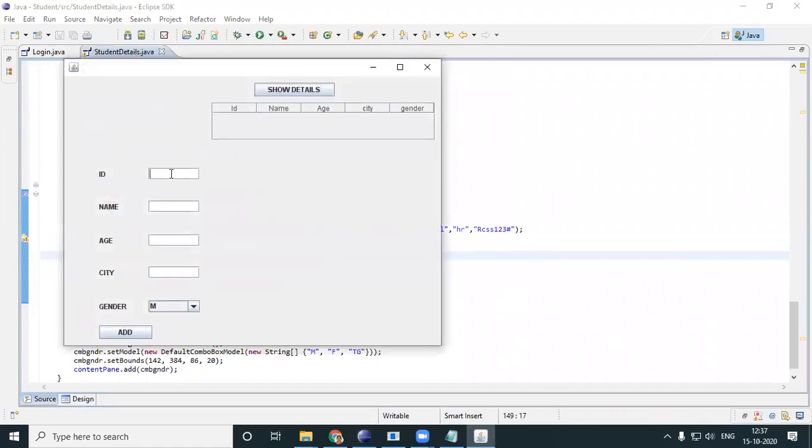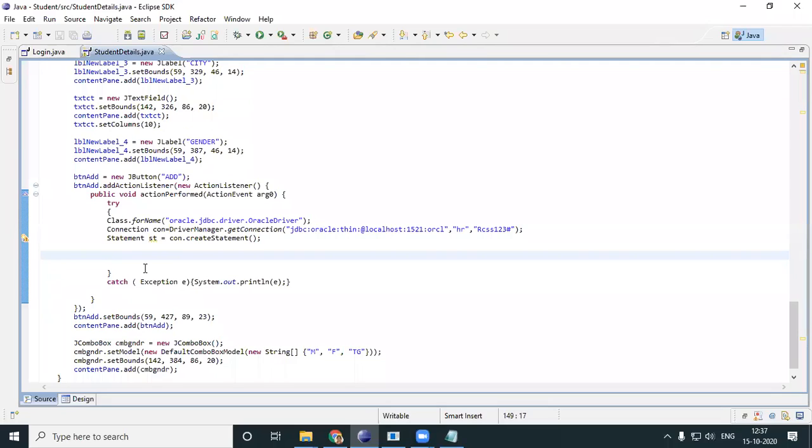You will have data over here. ID. You will have a name over here called Brinta. You will have an age over here called 21. You will even have a city. And then you might have selected something from your combo box. So the first thing you have to do is get details from your text boxes and combo boxes using get text. And that should be entered into your table. So step one, get text from everything.